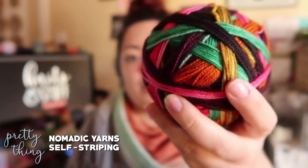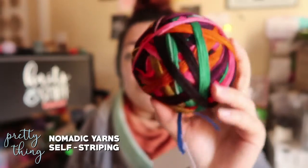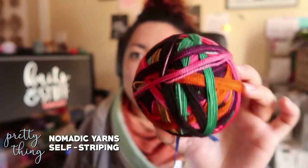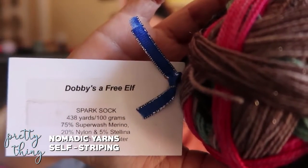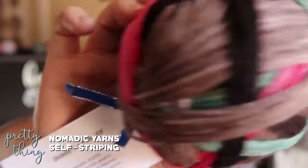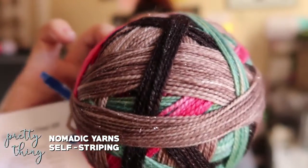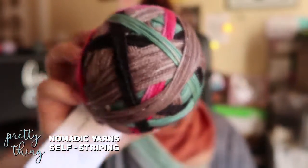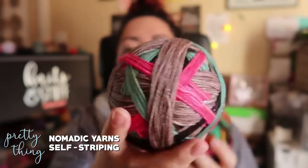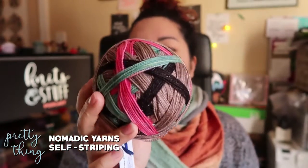I really liked the way the colors work together, and the striping socks looked really cute, so I can't wait to start a pair of socks, but I should really get some off the needles first before I start a new pair. I also got Dobbies Free Elf in the Spark sock base, and not as many colors, but still very pretty. And sparkly, so I will also probably knit up another pair of socks in these, and I might try and do a contrasting heel and toe,